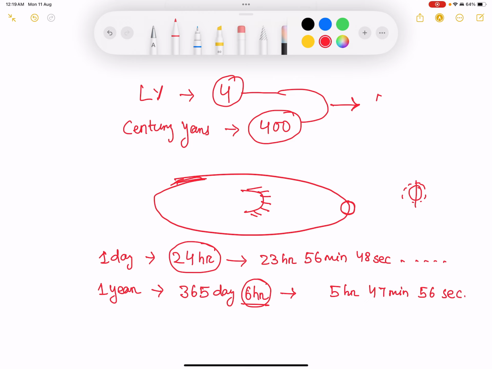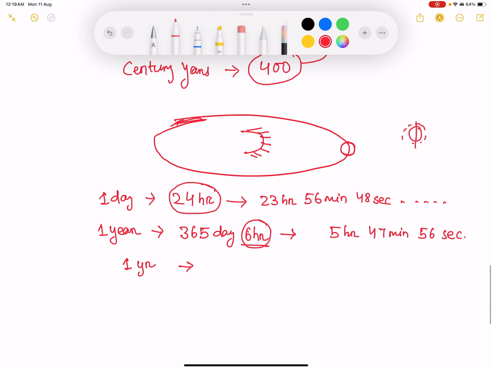Okay, now tell me, every 1 year we are doing a wrong calculation of almost 12 minutes. Okay, then can you tell me in first 100 years how many wrong calculation we are doing? Doing a wrong calculation of 1200 minutes. Okay, so the second, 200 years, it's almost, actually it is 48 minutes. Okay, almost 11 minutes